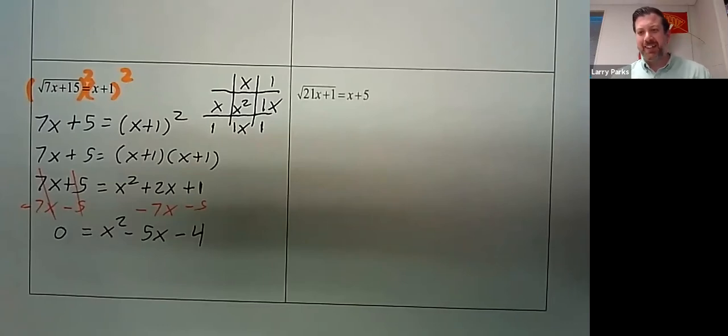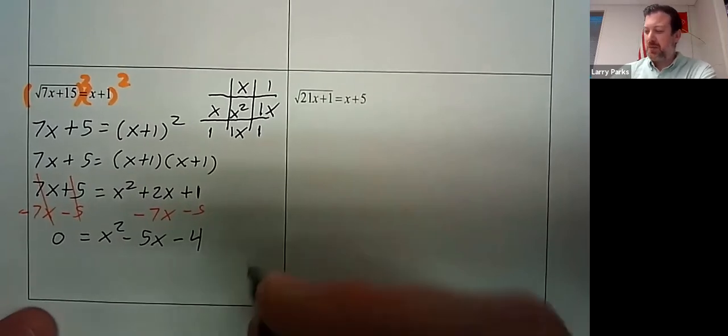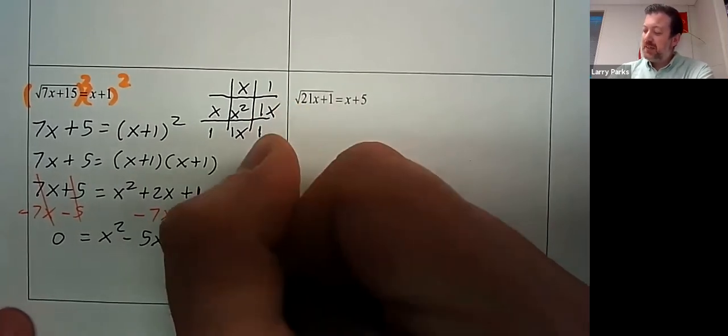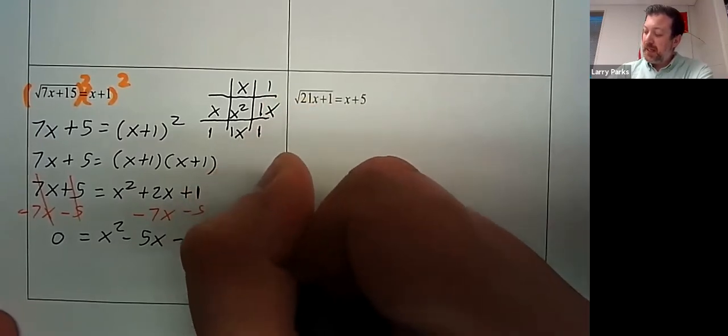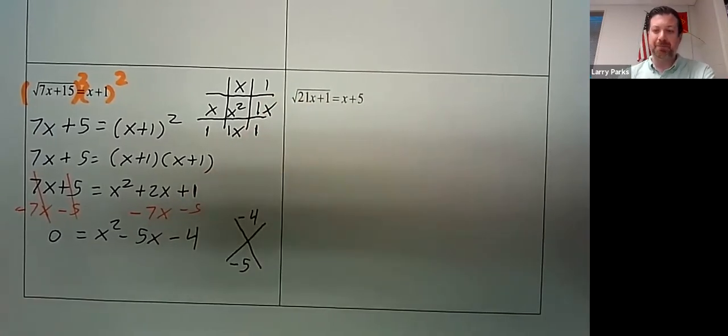We have a quadratic. How do we solve those? You can use the quadratic formula. It takes a little bit. X equals negative b plus or minus square root b squared minus 4ac all over 2a. You could graph it and see where it crosses the x-axis. Or you could factor. I'm going to factor because I don't feel like jumping over to Desmos. So we're trying to find two numbers that multiply to negative 4 but add to negative 5. That would be negative 4 and negative